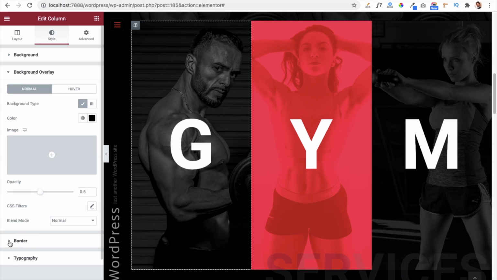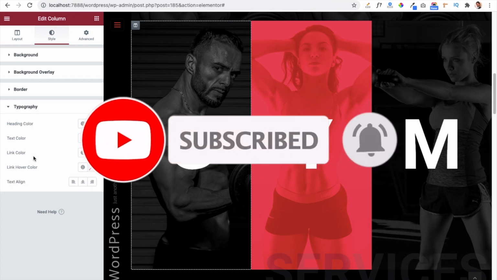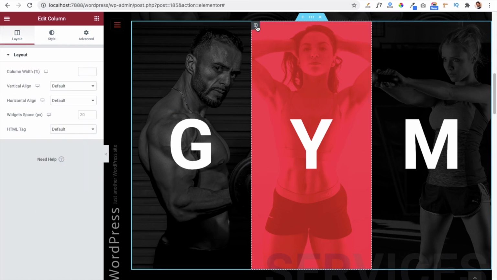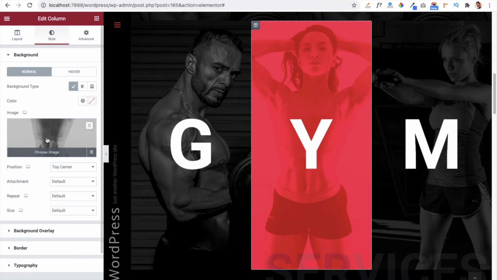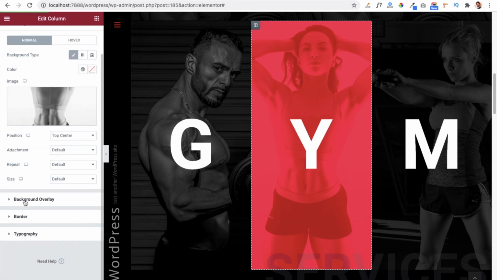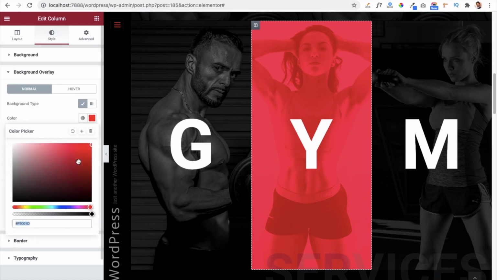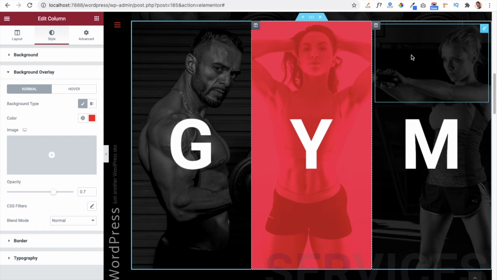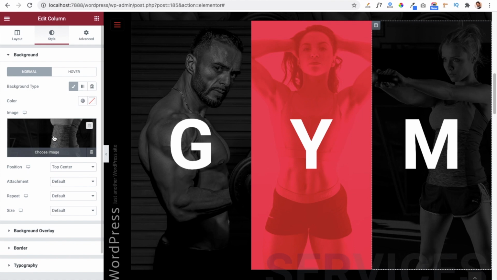If you want, you can change the border, or you can create a border from here. You can manage the typography of this particular module, and similarly you can give the settings in this second column. Also you have to navigate to the style tab here, and you can see this is the image which we have used in our background. You can also make some more background overlay options. As of now you can see the color overlay option is given here. So you can use these settings to manage your sections, and similarly you can also manage the third column settings from this style tab, and you can change the image from here.